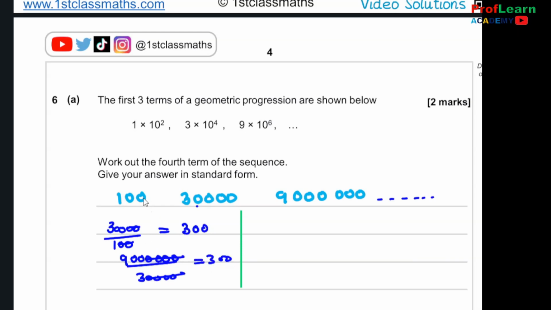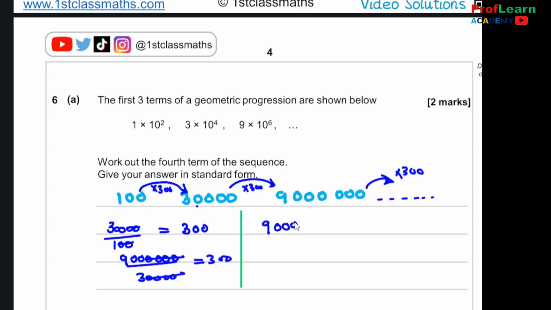So which means that for you to move from this to the next number, you multiply by 300. For you to move to this one, you multiply by 300. For you to move to the next one, you shall multiply this by 300. That is the pattern we can see here. So which means this is going to be